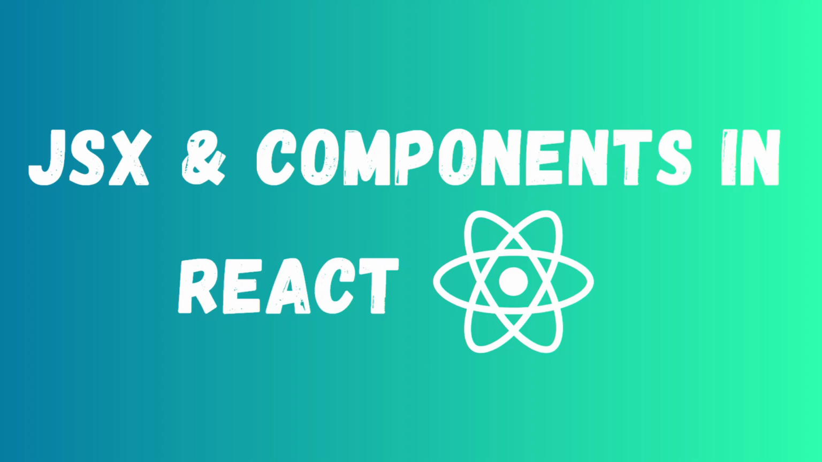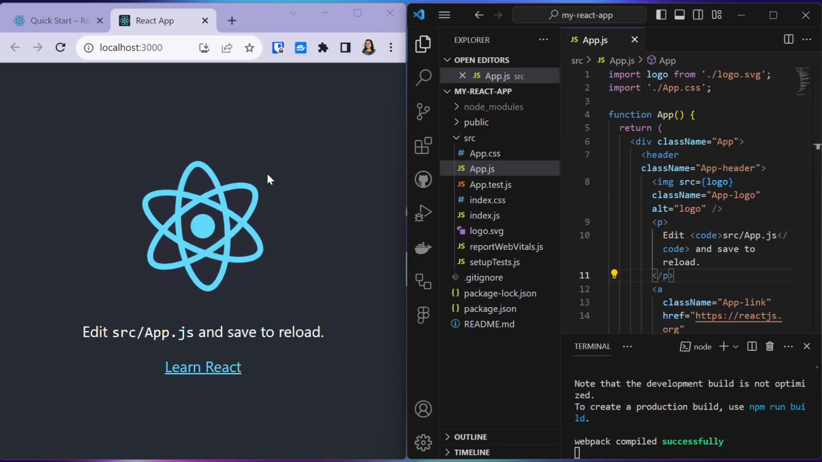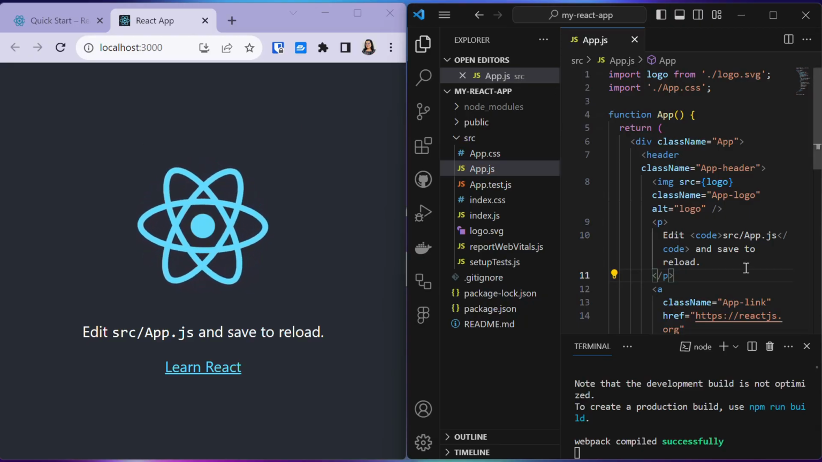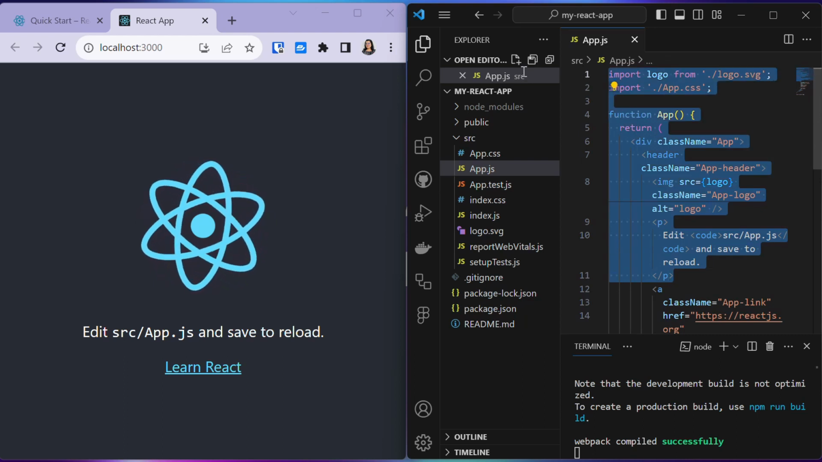What is JSX? JSX stands for JavaScript XML, a syntax extension for JavaScript. In simple terms, it is just a way to write HTML-like code within the JavaScript files. It is a very integral part of React and it is used to describe what your user interface should look like. Now, this is just the demo page of React, and in the app.js file, whatever you are seeing here